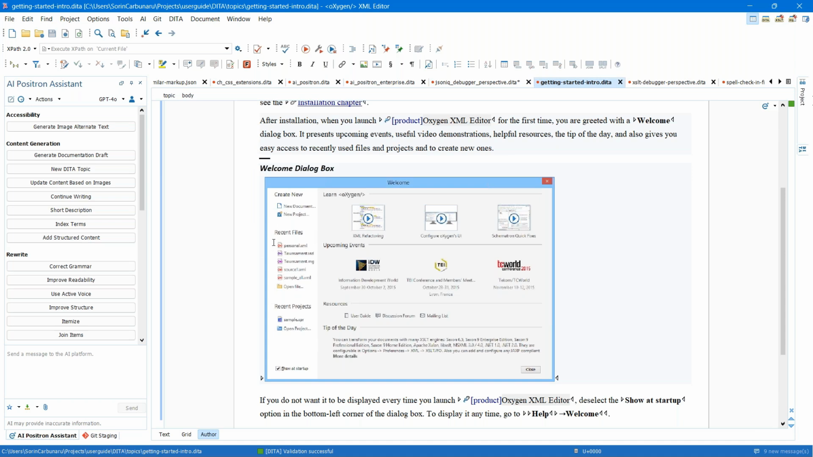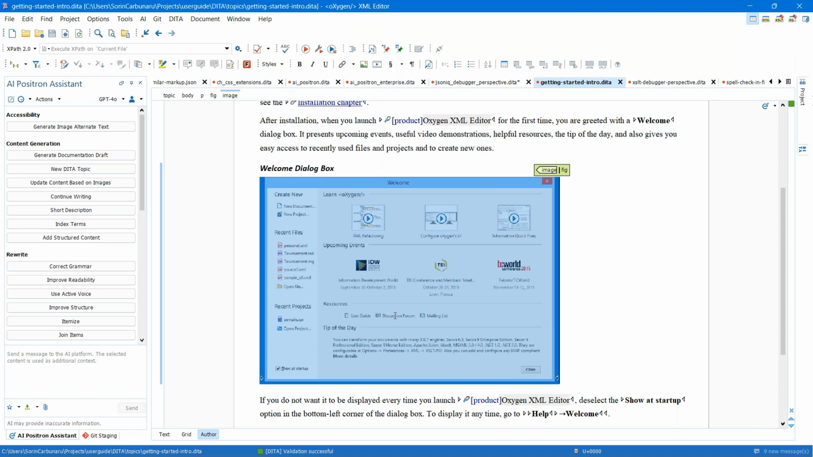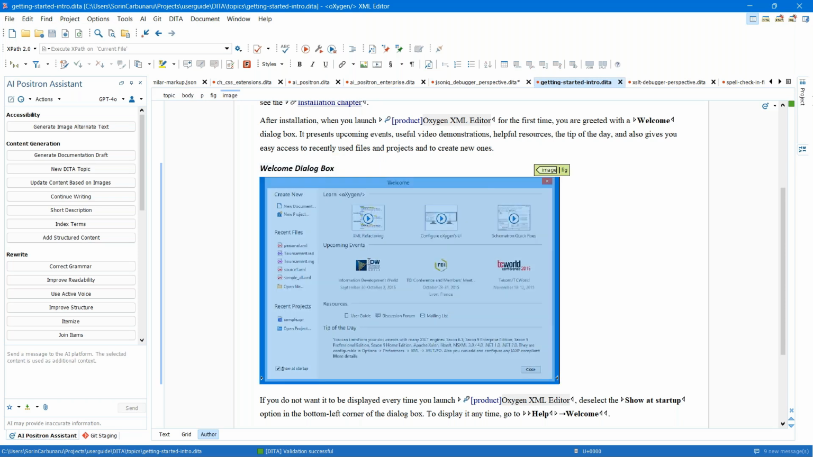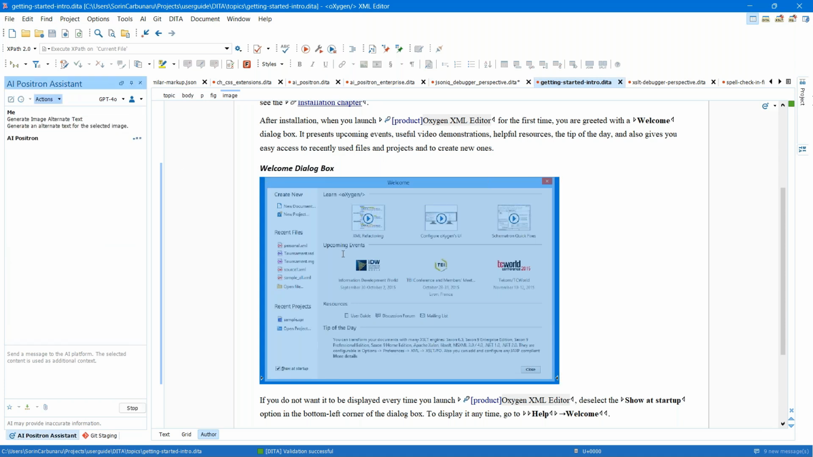So create new things, recent files, recent projects, upcoming events, resources, and so on. So you have to extract the essence, but also give enough details about this image. And as I mentioned, it may take a few minutes to get to the best result, but I have a better idea. Let's use the AI to give us in just a few seconds a first version of the alternate